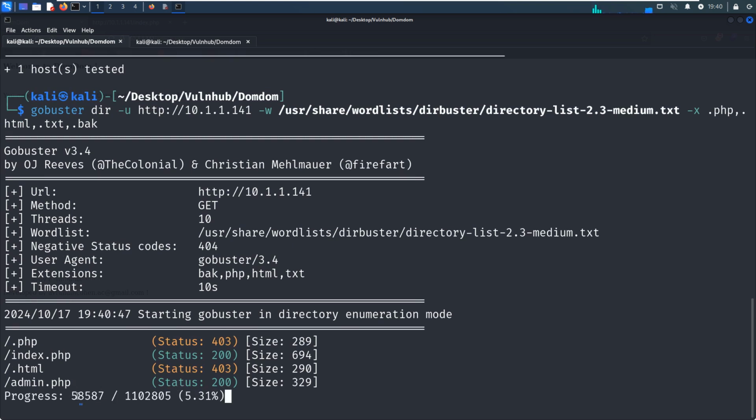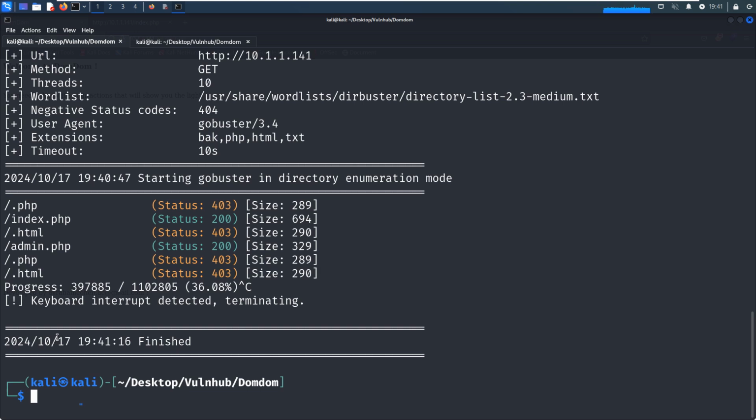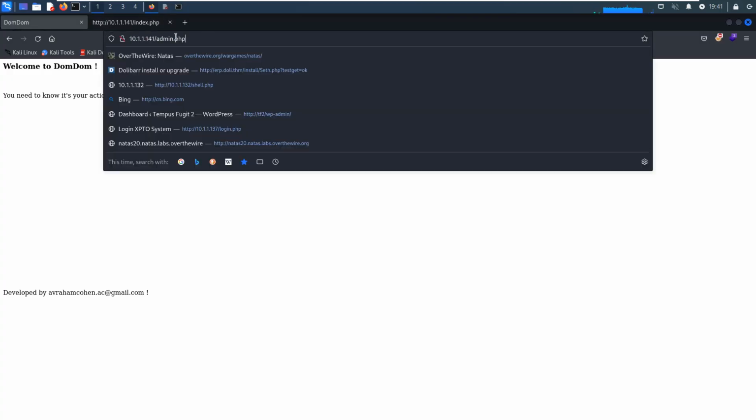Similar to Nikto, Gobuster can discover the admin page. And unfortunately, Gobuster cannot find anything else beyond these two pages. We already know what we already know. So how to do? Maybe I can stop or interrupt Gobuster. I think the attack vector lies in this page, but how to do?